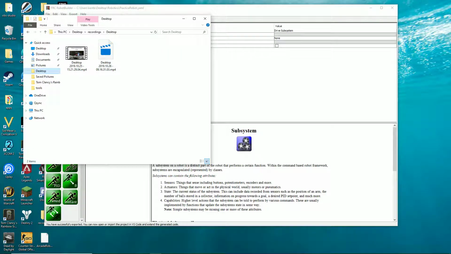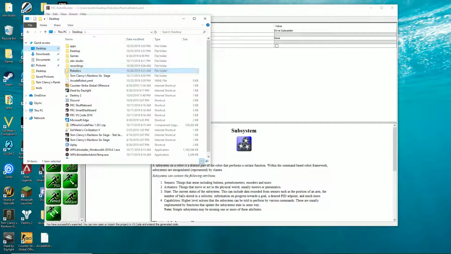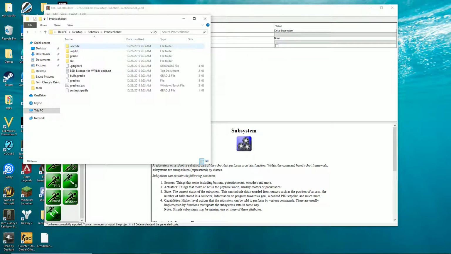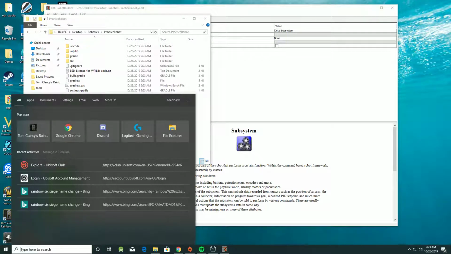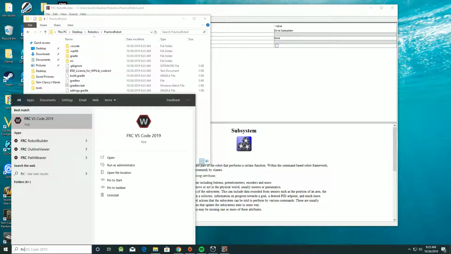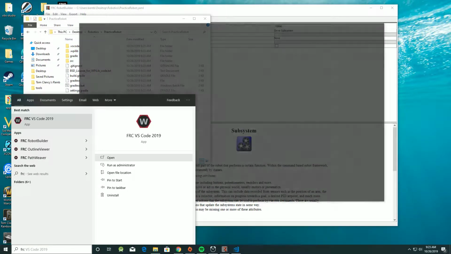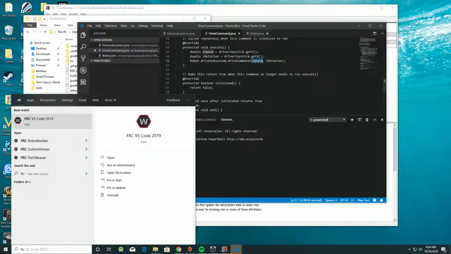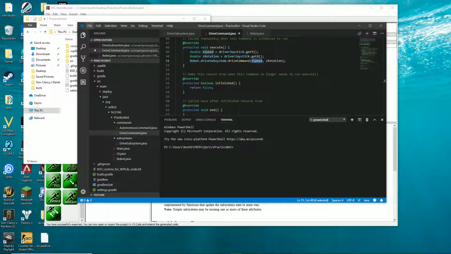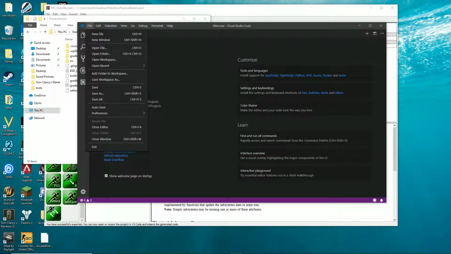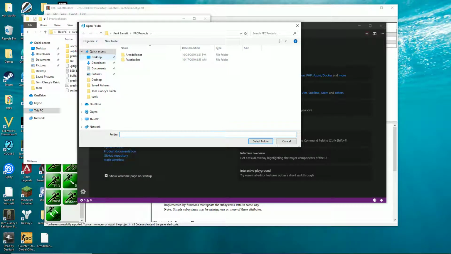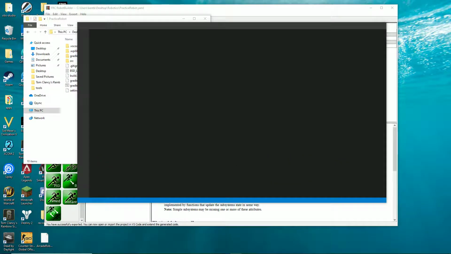If I look, desktop, robotics, here's our folder with all our code in it that this thing just generated. So now I'm going to go back down here and type FRC, and here it pops up FRC VS Code 2019. So let's open that up. This is actually Visual Studio. This is where we're actually going to do all the Java programming. I'm going to open, first I'll close the folder that was open before. Open the new folder. So now I'll go to desktop, robotics, practice robot, and it's going to pull in all